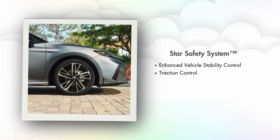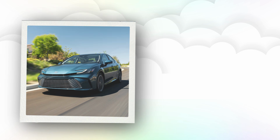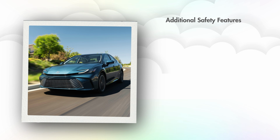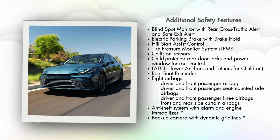You'll also get Toyota's Star Safety System, which will include enhanced vehicle stability control, traction control, anti-lock brakes, electronic brake force distribution, brake assist, and smart stop technology. Additional standard safety features will include a blind spot monitor with rear cross traffic alert and safe exit alert, electric parking brake with brake hold function, hill start assist control, a tire pressure monitor system with direct pressure readout and